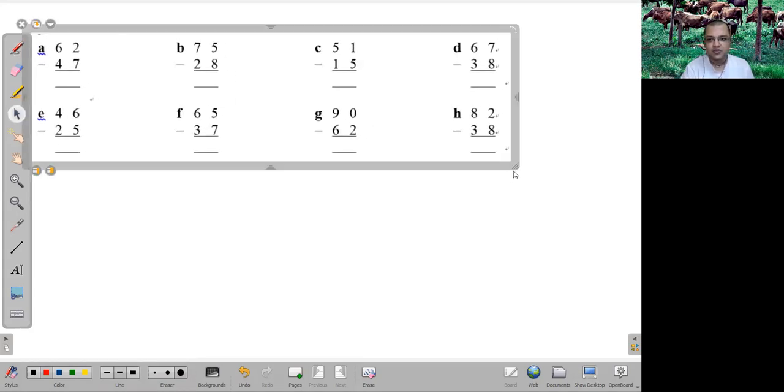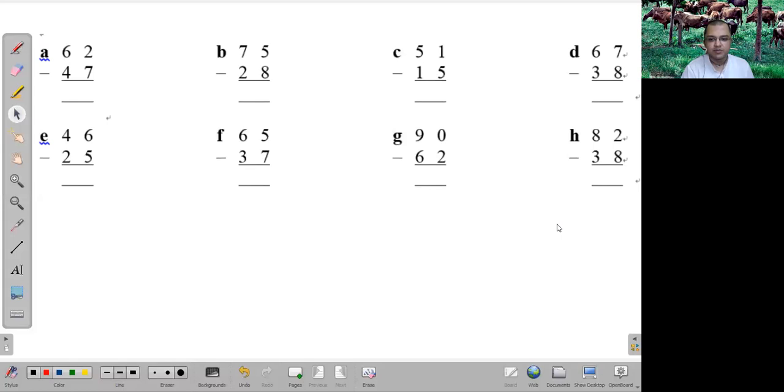Okay. So please do this one. Use the method that I have explained. Then we will also see one more method, the left to right method, and we will again do this exercise based on the left to right method. Right now, try it with the method that I have given.